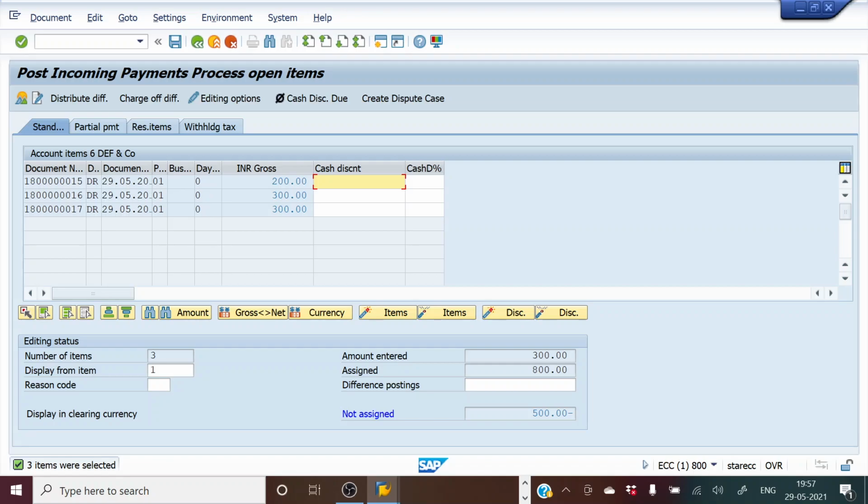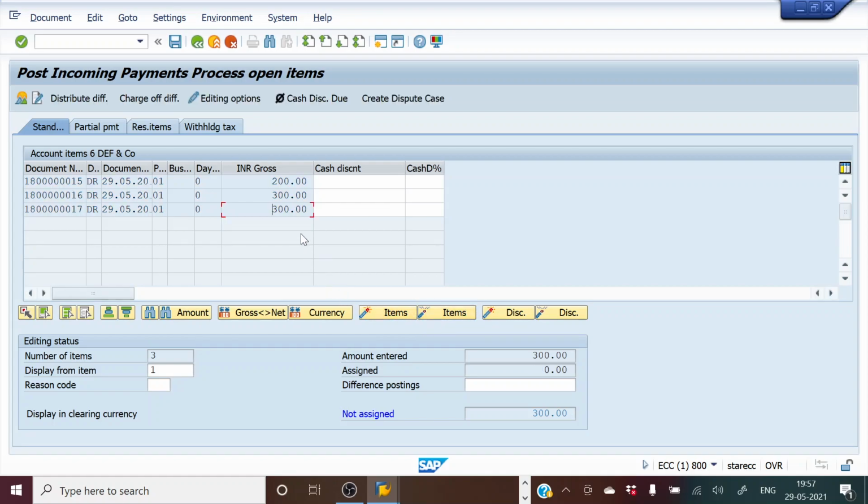So first I will set it up against 16, but later on I realized that I should have set it up against 17. So what I'm going to do is first block all this, and then deactivate them.